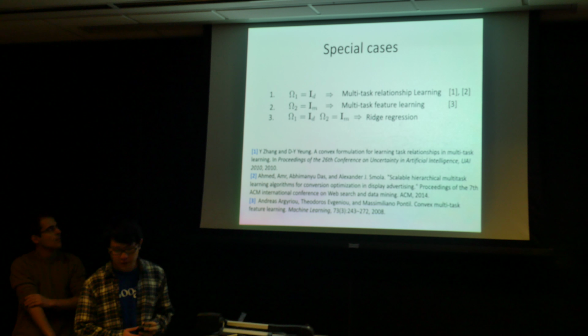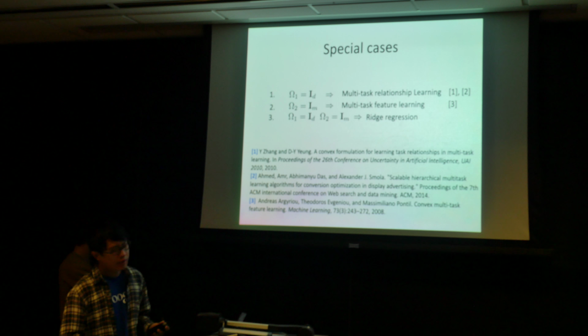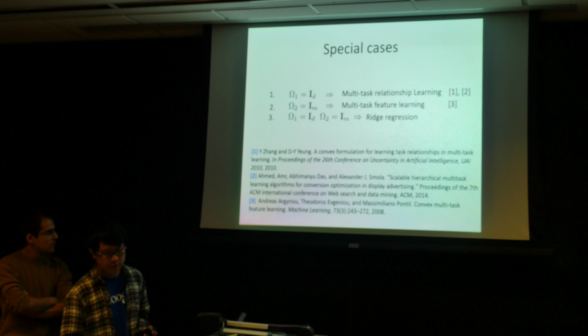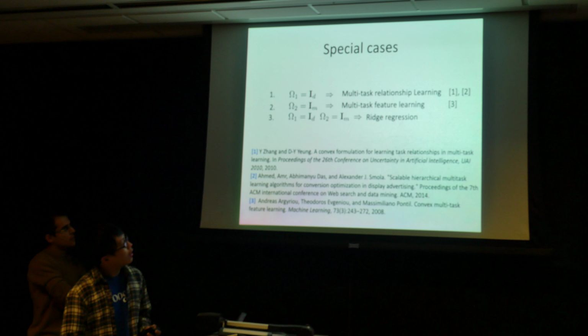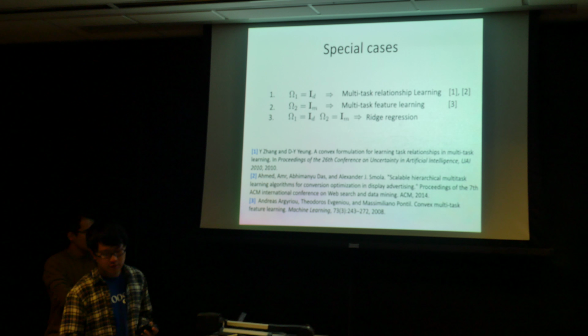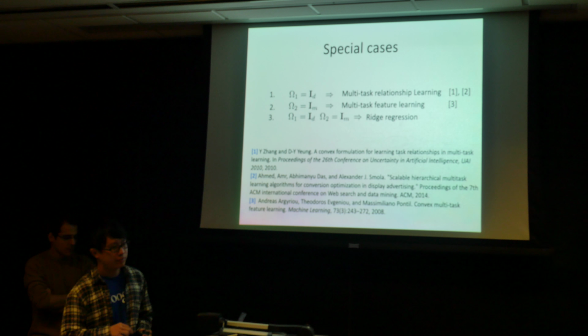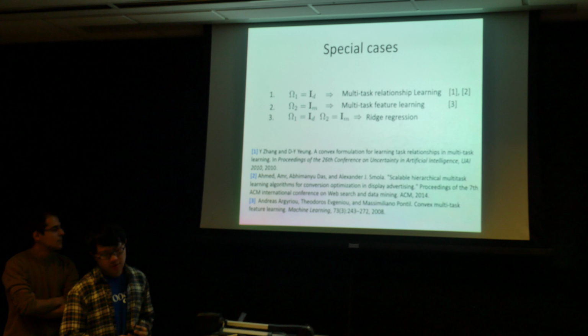So I'd like to talk about why our framework is unique and more general. If we fix omega-1 in our framework to be an identity matrix, our framework reduces to an existing method in the multitask learning literature, which is known as multitask relationship learning. In this setting, they try to model the correlation among tasks, but they don't try to model the correlation